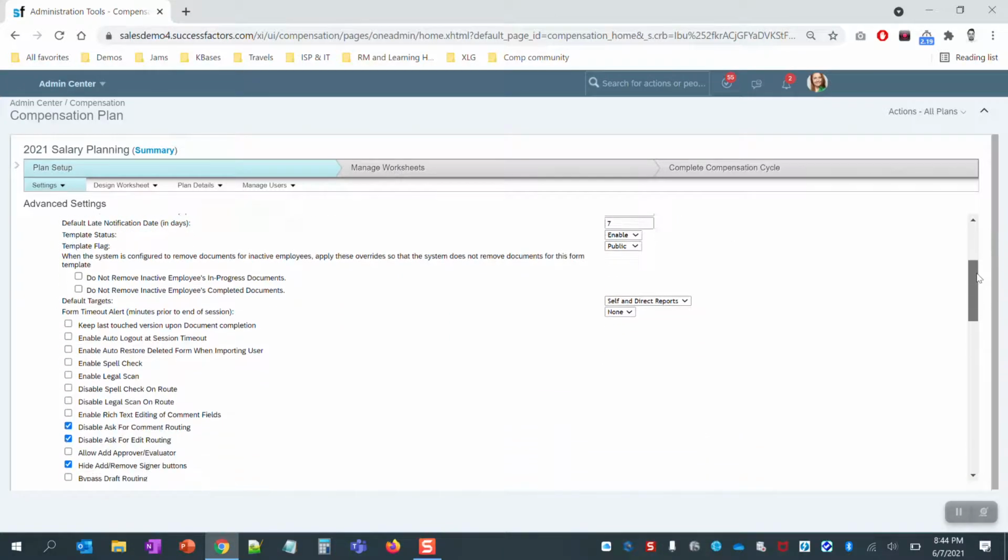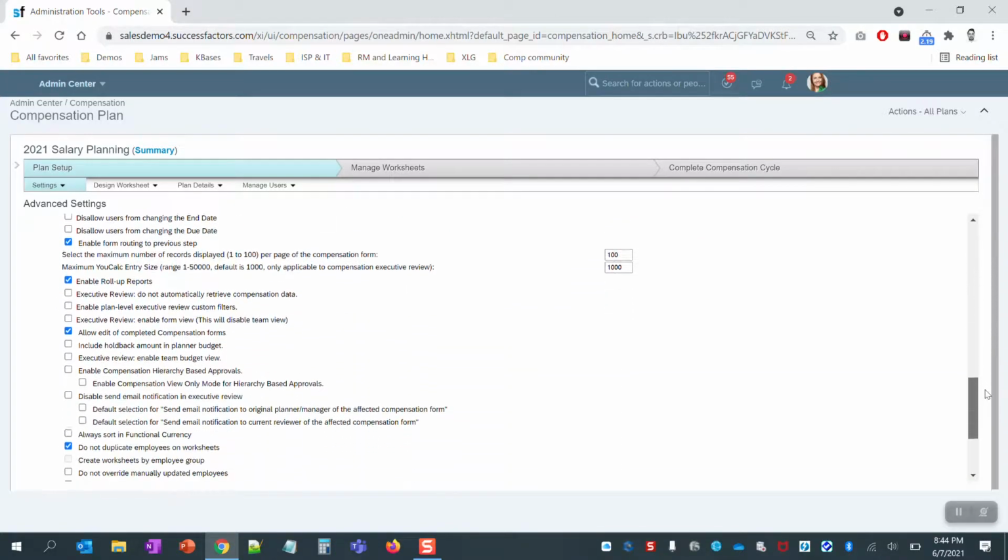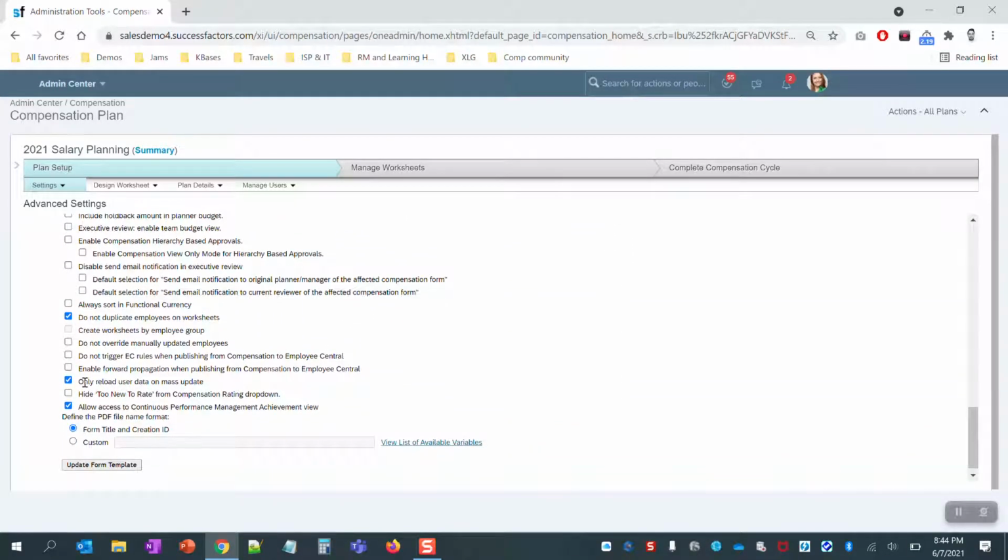And if you scroll to the bottom, you will find a checkbox that says "only reload user data on mass update." So let me take a few seconds to explain what this feature does. Automatically, when a planner opens a worksheet from their inbox or the executive review in SuccessFactors, unless you have this